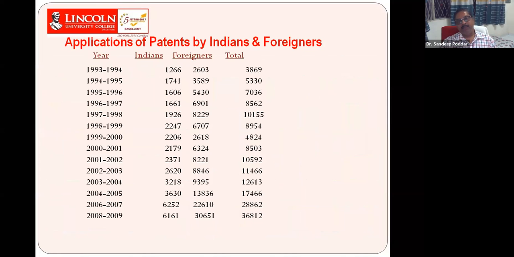Okay, so now when we study the applications of patents in India and foreign in India, then we can see the Indian patent filing, meaning who is filing the patent, is very less than the foreigners registering patents in India. You can see it is 5 times higher for foreigners registering in India. Because the knowledge is not there, maybe the money is not there, and they are not aware that we can do this patent, we can do this copyright protection, etc. It is not so easy, and the funding is also very difficult, and they don't know about this law at all, so nobody wants to go into this.